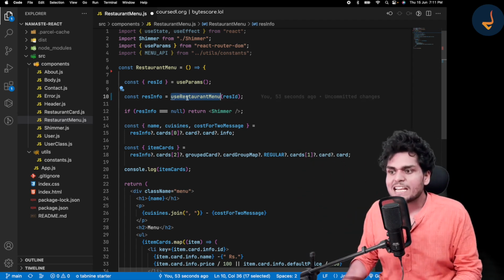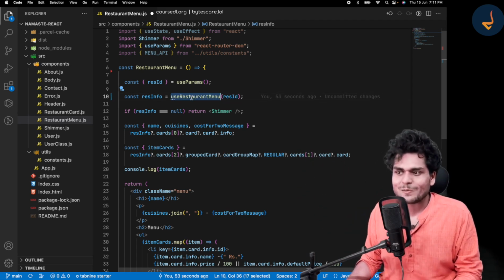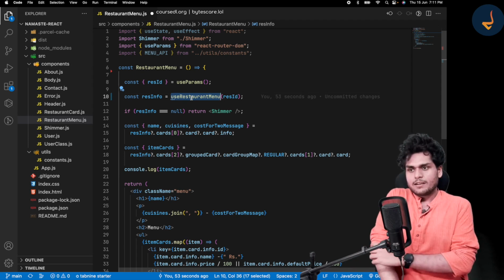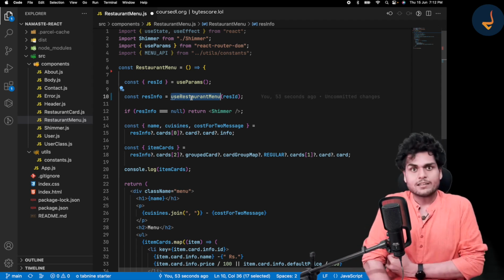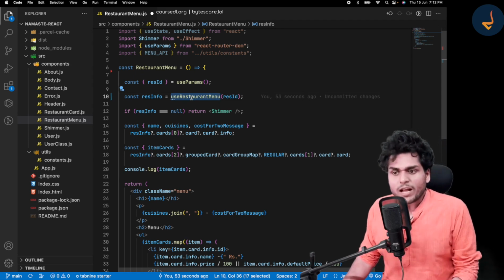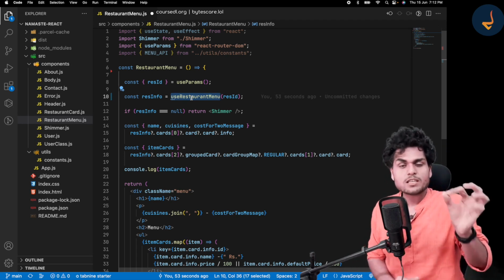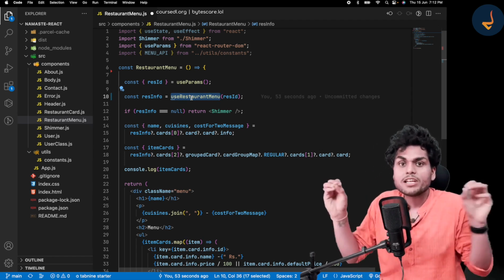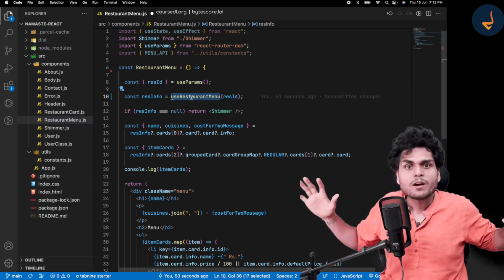So now let us write our own useRestaurantMenu hook. So how do we write it? First of all, let us understand that hooks are nothing but normal utility functions. They are like helper functions.